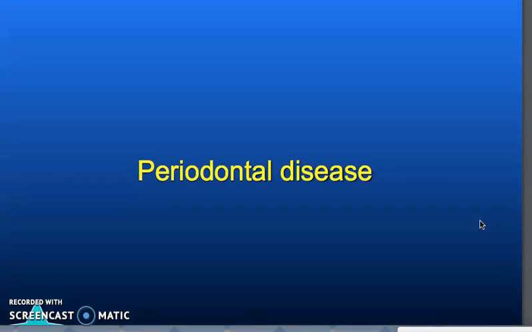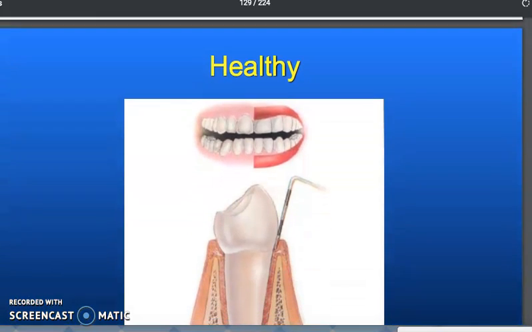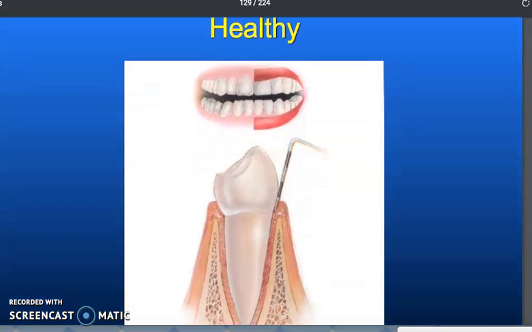All right. So let's go into our periodontal disease just for a few minutes. I'm not going to spend a lot of time here because we've talked about this tremendously throughout the year, but let's just look at the periodontal disease quickly. Healthy periodontia, I think you would know that that's less than 3